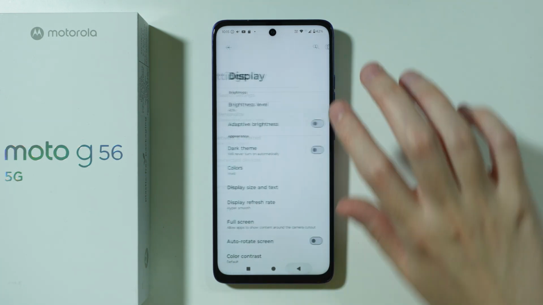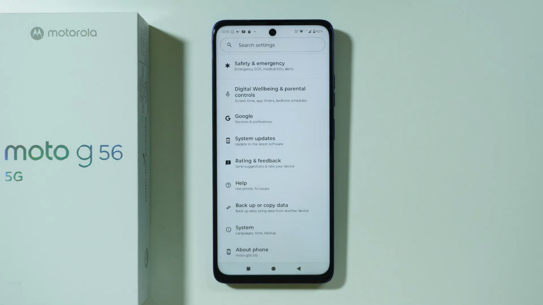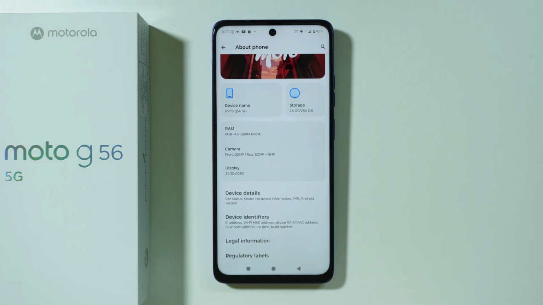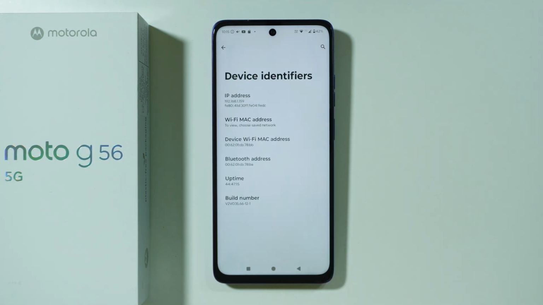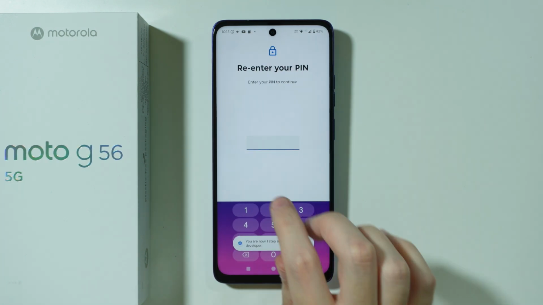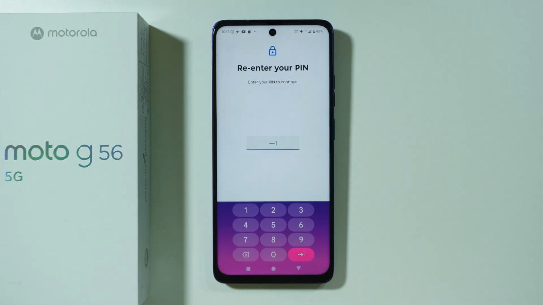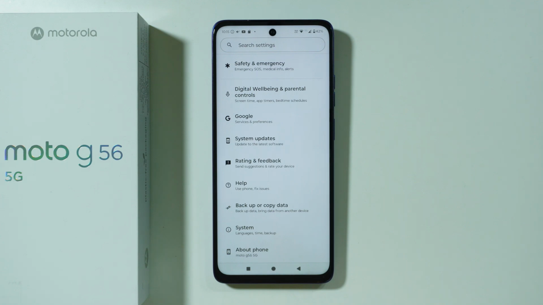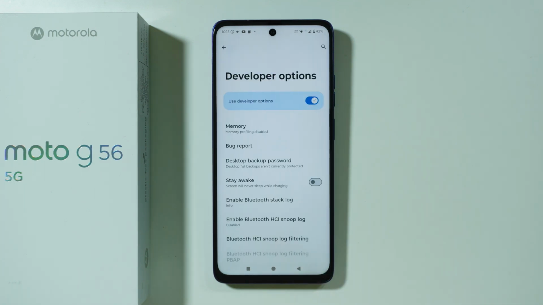Besides that, you can also, in the settings, scroll all the way down, and we're gonna go to About Phone because we can enable developer options where we can also adjust the DPI. In this case, we can open device identifiers and then just keep tapping on build number until you need to enter the screen lock password. Enter the password, and then you should be able to see this information that you are now a developer. So we're gonna go back to the main menu of settings, then open System, go to developer options, and here